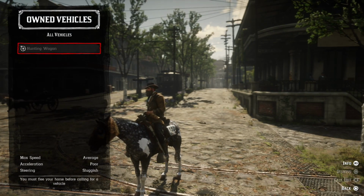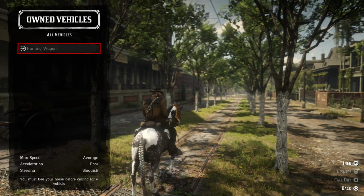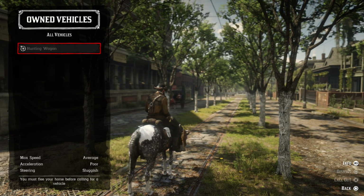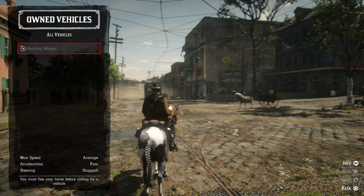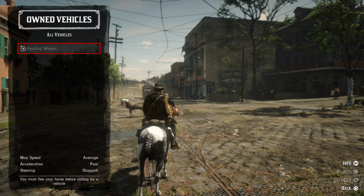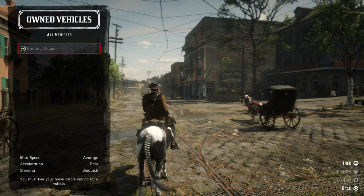So granted, you were buying a wagon in this update, but it just points to, I mean, if they know what sluggish steering is, then there's definitely one that they have made up that has excellent handling, good acceleration, and above average max speed. Like, they've definitely got different things behind closed doors that are outranking the wagons that we have access to now. And that's really cool to me that they've got this in here because it makes me think that there's more